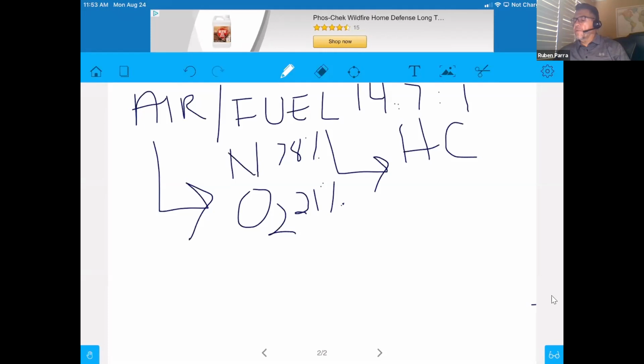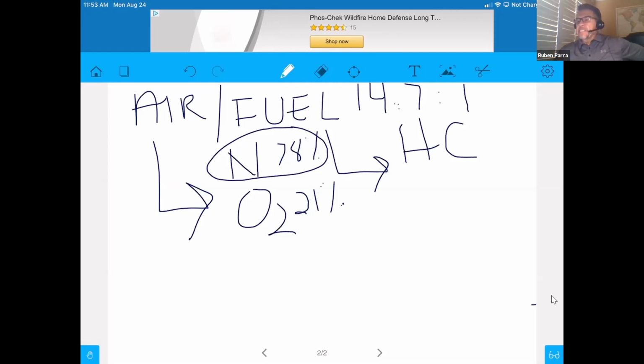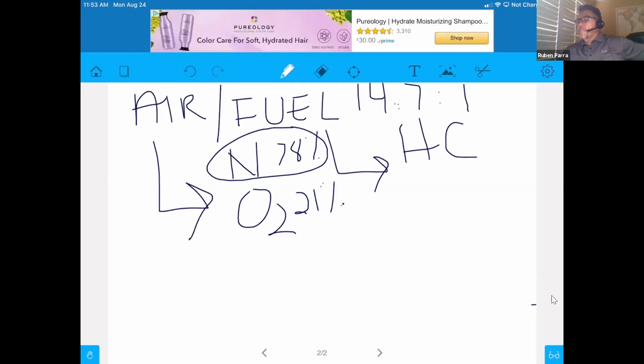So if we get it to burn at the correct ratio, now nitrogen, don't worry about the nitrogen, because nitrogen by itself is basically harmless, right? We're breathing a big amount of it every single day, but it's harmless, okay? It's what's called an inert gas, I-N-E-R-T. That means you can't see it, you can't taste it, it's just harmless by itself, okay? That being said, when it mixes with oxygen and forms oxides of nitrogen, then it becomes very, very bad, but we'll worry about that later. So for now, hydrocarbons and oxygen are the main players in this formula, okay?